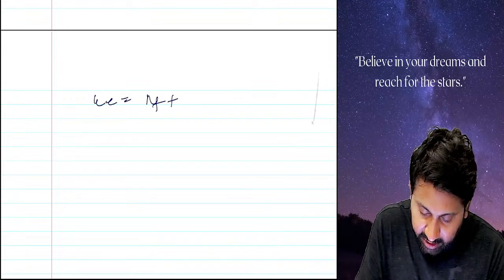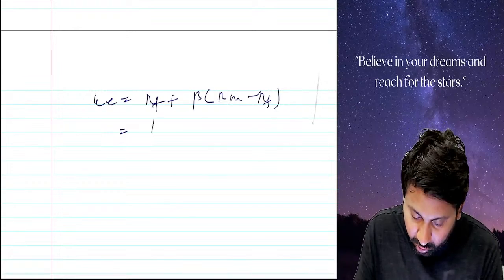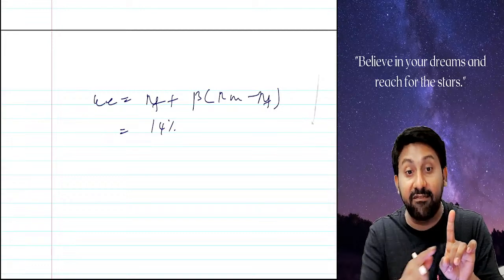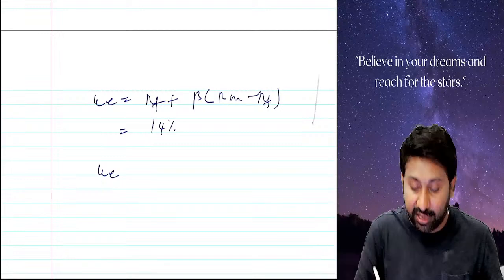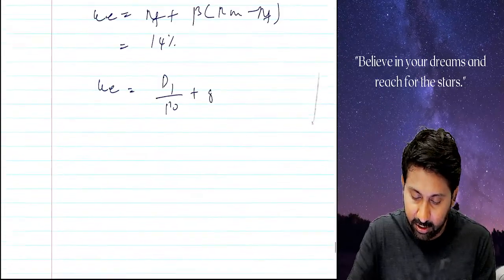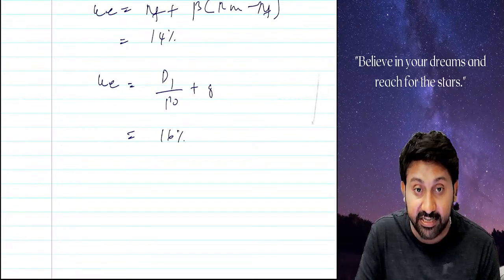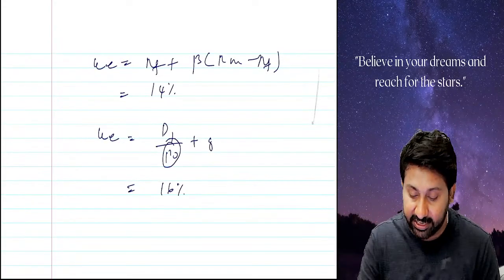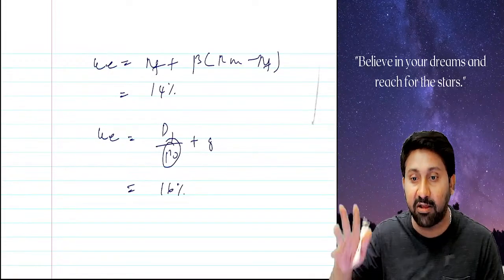You will calculate KE equal to RF plus beta into RM minus RF. Say for example, you got 14%. They will give you D1, P naught, and growth. You will calculate KE under D1 by P naught plus G. Under this mode also you will calculate KE, and you will get one answer. Say you got 16%. This 16% is calculated on the basis of price. If this is also 14, then really as per KE the market is trading at equilibrium price.